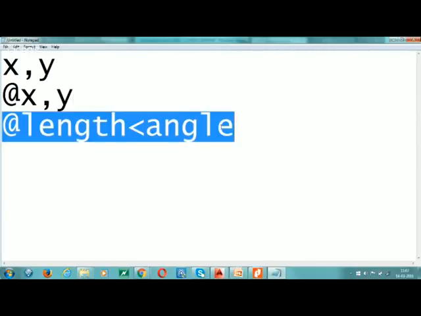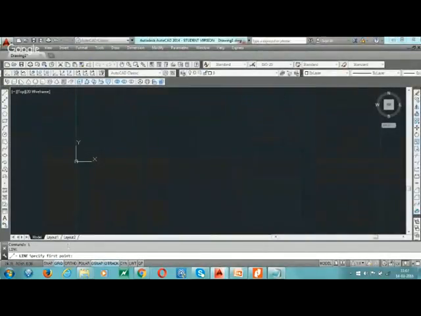Now I give you an example of relative polar. First take a point anywhere. After that we use shift @, our length is 5, the angle is 30, shift and 30, enter.